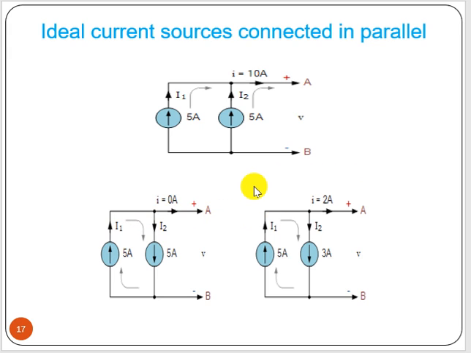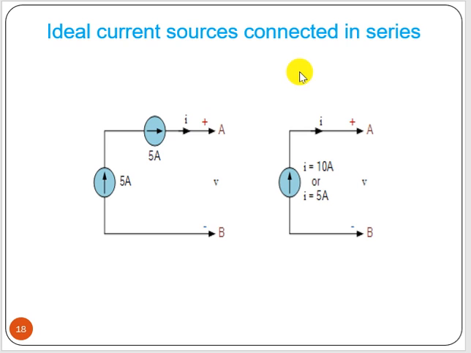Okay. So according to KCL, Kirchhoff's current law, it is stated that the algebraic sum of currents at any node or at any point will be equal to 0. We will discuss that again later. Now say 5 ampere current is entering at this point, 3 ampere is leaving. So how much is going that way? 2 ampere is going that way. Okay. So at this node 5, minus 3, then again minus 2. That means 0. So the algebraic sum is equal to 0 at any node according to KCL.